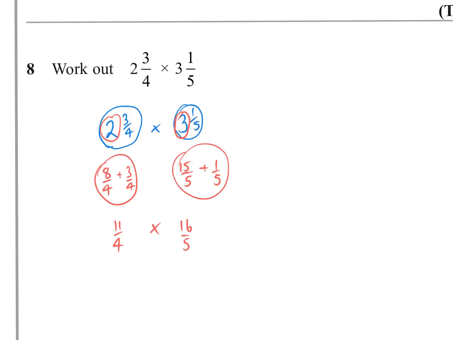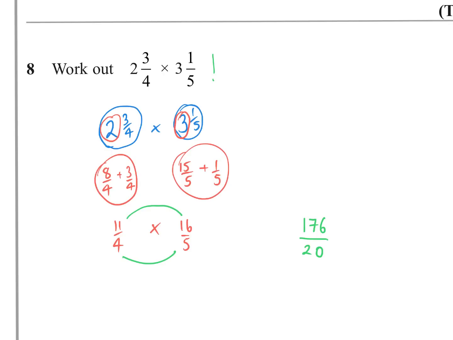And then with multiplication, it's nice and easy. We can look to see if anything cancels. You might not want to do that. You might just want to do 11 times 16, which is 176 over 20. It doesn't say give your answer in simplest terms or simplest form, but if it did, then I would suggest